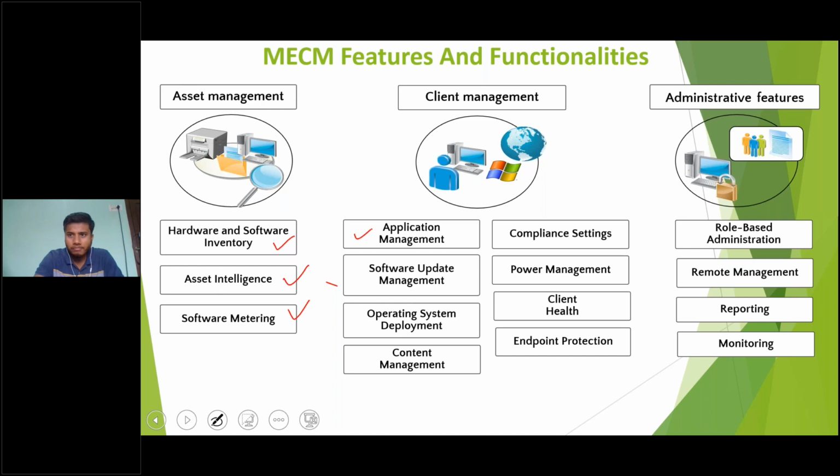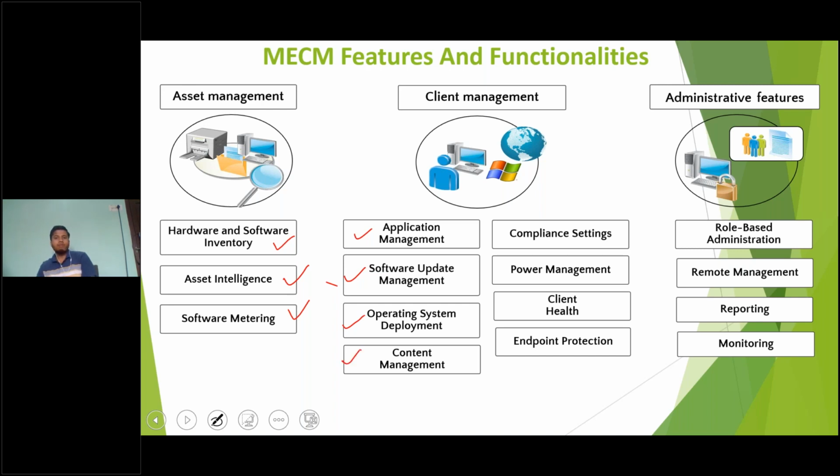You can deploy applications. Suppose you have thousands and thousands of computers and you need to deploy an application, let's say Microsoft Office, to 1000 machines or 10,000 machines. I can use SCCM to deploy the application to all the machines. I can deploy updates and make machines compliant, right? I can deploy operating systems. I don't need to use a pen drive or CD disk to install the operating system.